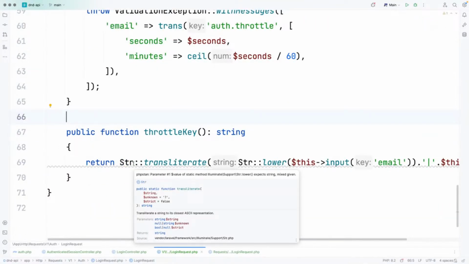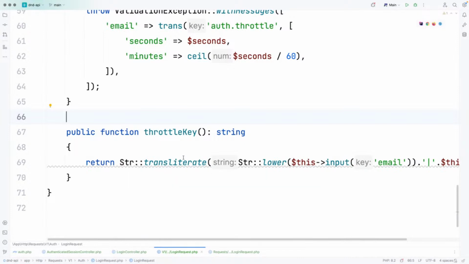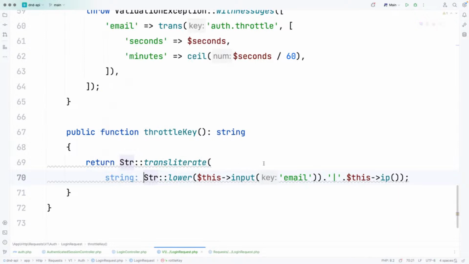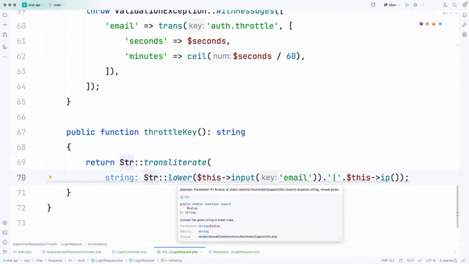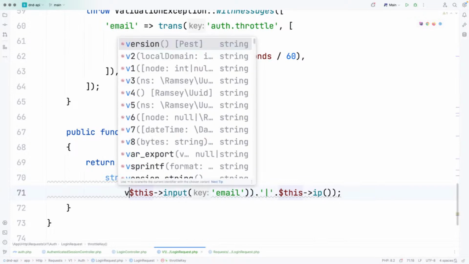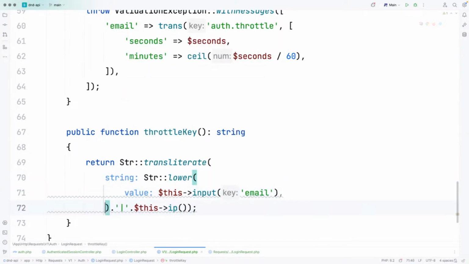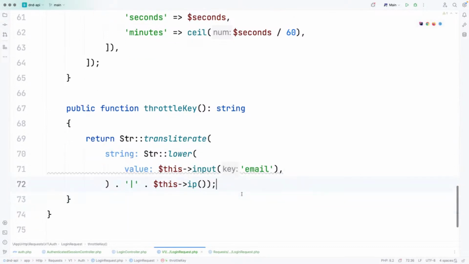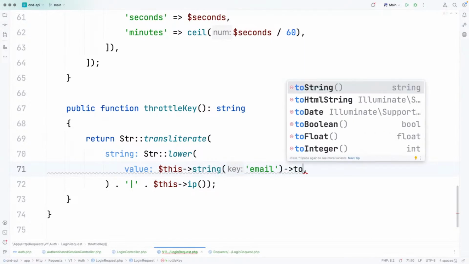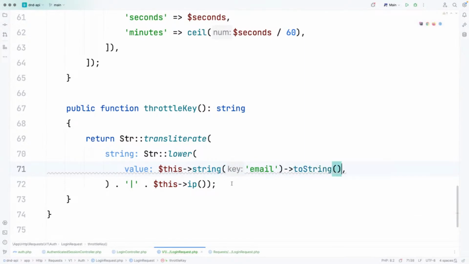So this is where things start to get a little bit, whoa, what's going on? So let's split it out into its own line. Lower expects a value, which will be there. Then we kind of tag on this bit here. And what it's complaining about is this input email. So I'm going to swap that to this,